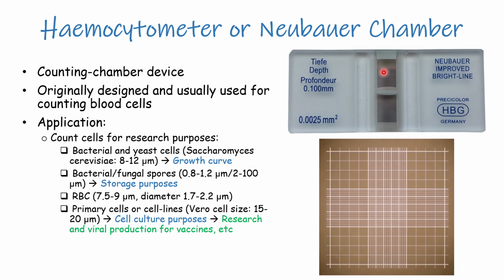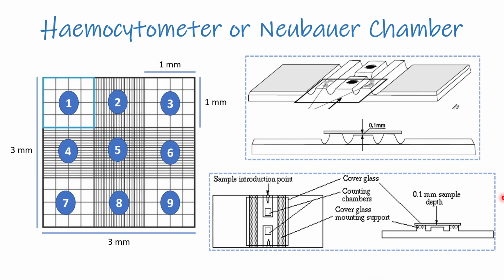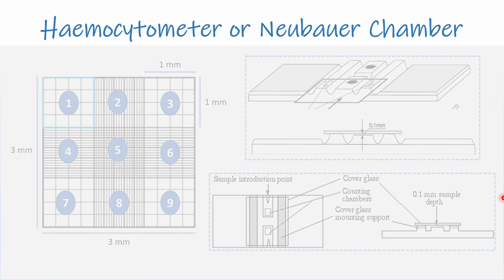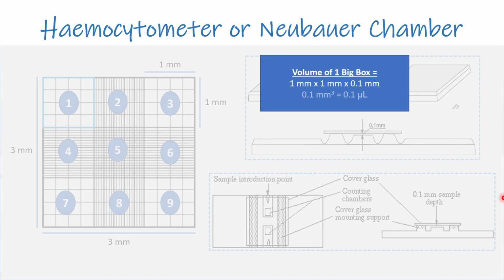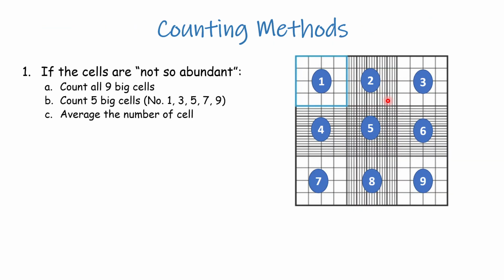And we can see here that this is the tool. We have the grid over here, up here, and down here. If you can see it, it's vague there, but it's actually there. And this is how each grid looks like. We've covered the volume of the haemocytometer, and we've also covered why it's important to know the volume of the haemocytometer in the last video, right? So that's 0.1 microliter. And the counting method for conditions where the sample is not that abundant, what I mean is that